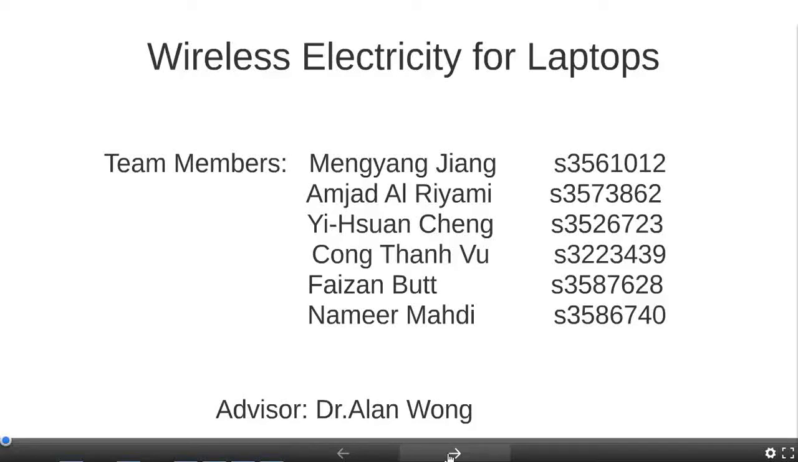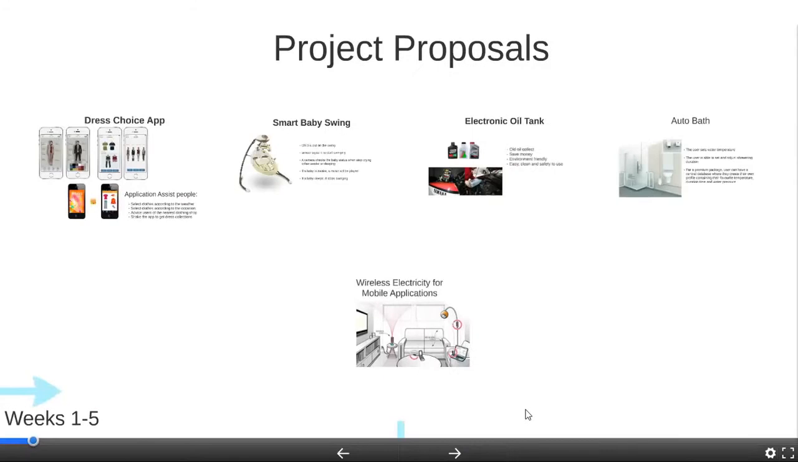I'm going to present our project, Wireless Electricity for Laptops. We have in the group Mengyang, Amjad, Yizhuan, Kang, and Faizan, and our supervisor is Dr. Alan Wang. Initially, in the first 5 weeks, five projects were proposed on the tables, and these projects were the